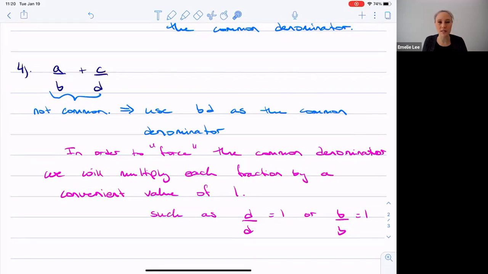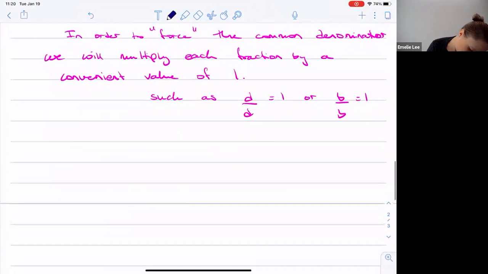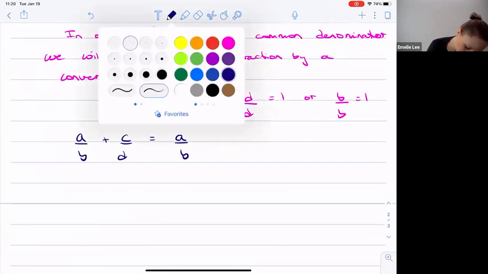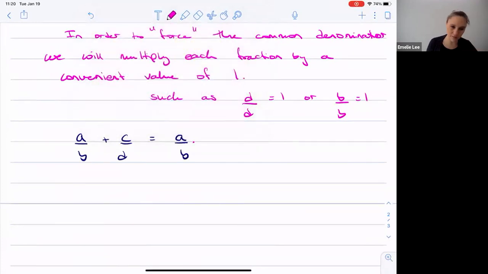So what I need to do is I need to figure out, okay, well here on this first term, I need to get a d. So here I'm going to multiply by d over d. And over here, I'm going to multiply by b over b. Okay? And so what this looks like is I'm going to have a over b plus c over d becomes a over b times, and I'm just going to use a completely different color just to emphasize, times d over d, which is 1,